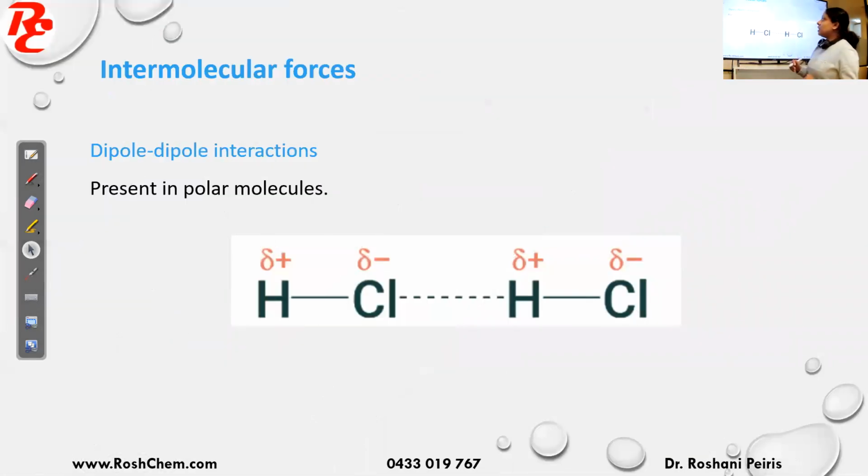Okay, now we will look at the dipole-dipole interactions. Dipole-dipole interactions are present in polar molecules. In addition to the dispersion forces, polar molecules can have either dipole-dipole or hydrogen bonds. If you take the HCl molecule, they have dipole-dipole interactions. If you can see the diagram here, you have two HCl molecules, right? It's a polar molecule. Chlorine is delta minus, hydrogen is delta plus. So the positive hydrogen is attracting to the negative chlorine from the other molecule. This attraction is called the dipole-dipole interaction, which is stronger than the dispersion forces.